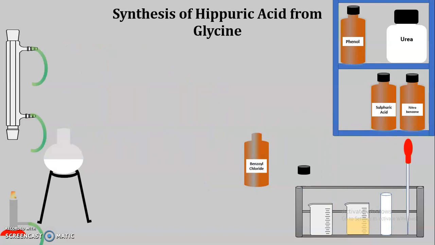After each addition of benzoyl chloride, we have to carry out strong or vigorous stirring, and the whole quantity of benzoyl chloride is added in parts. I will not repeat the same thing; we just have to repeat it when we perform this particular practical. Once we have added all the benzoyl chloride, we carry out vigorous stirring, so that the reaction between glycine and benzoyl chloride takes place and we get the hippuric acid that is formed.